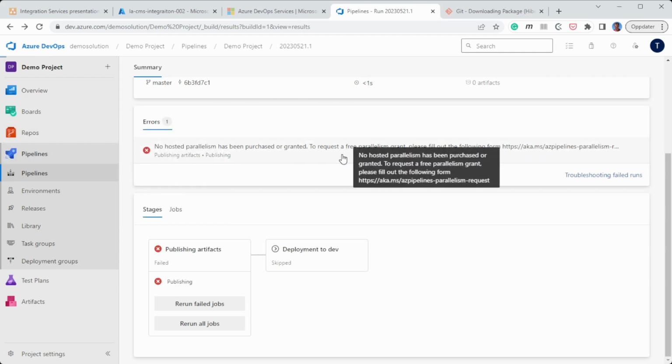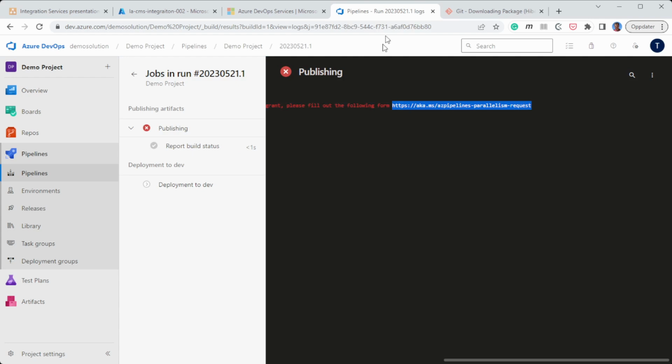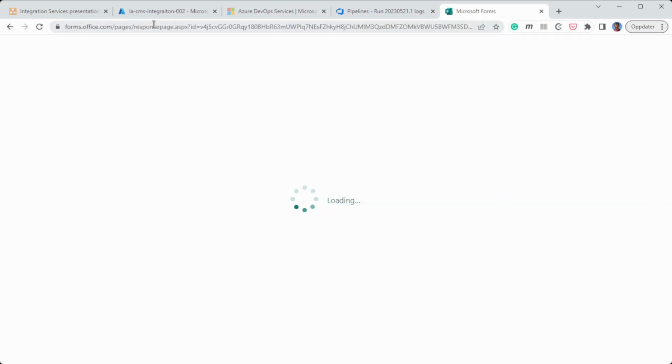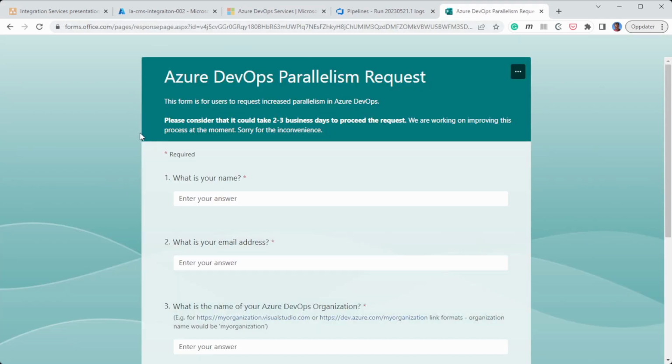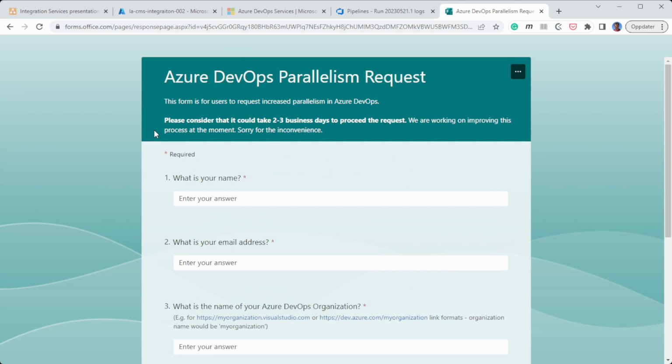I will go to the error details to copy this URL, and I'm going to open the URL in here, and this is about requesting access to the parallelism by the DevOps of my organization, of my project. Please consider that it could take 2 or 3 business days to process the request. I give my name here, my email address,